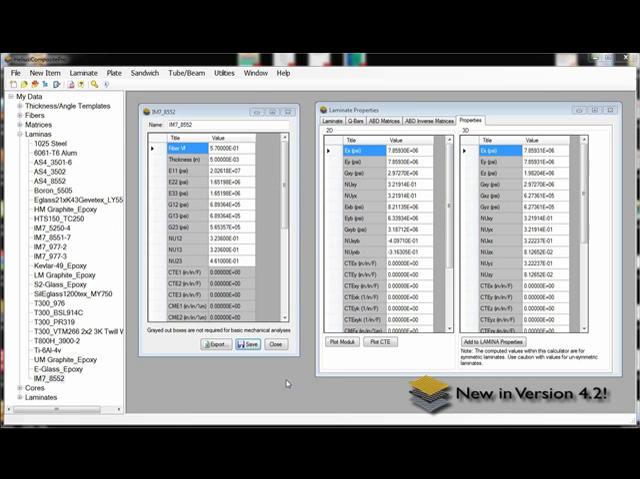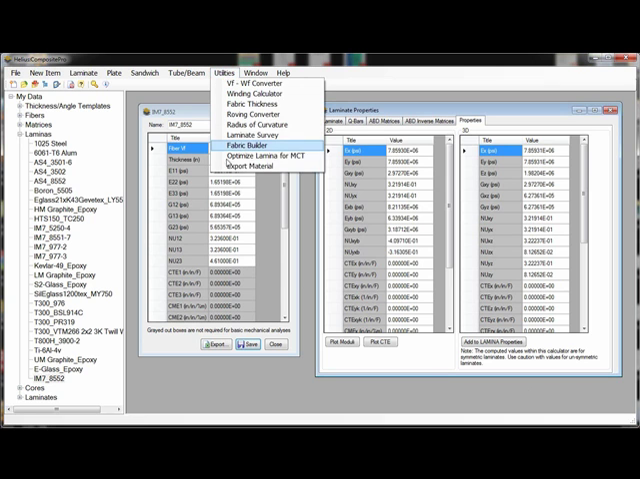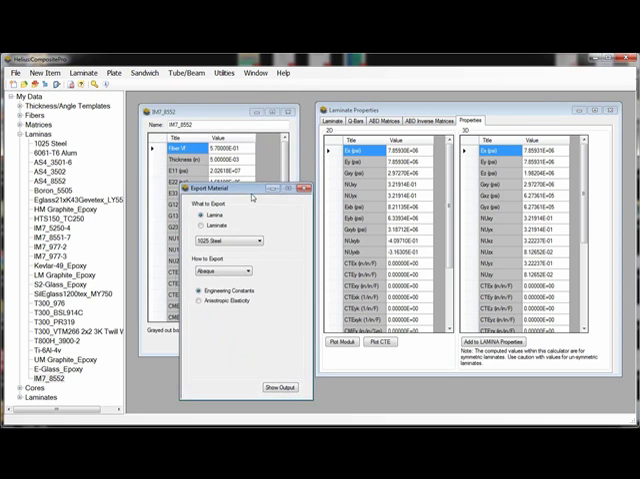As part of the new functionality available in Helius CompositePro 4.2 is the ability to export material data defined for either a composite lamina or a composite laminate into a text file that will be able to be used in a finite element analysis. To use this tool, we can select the Export Material from the Utilities menu, and we